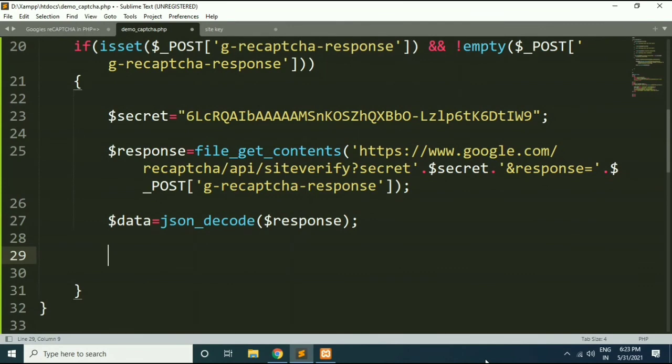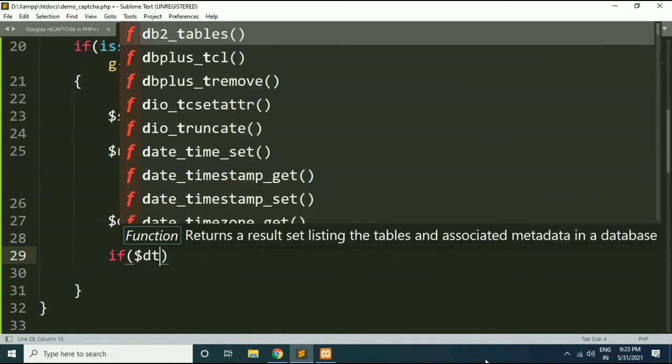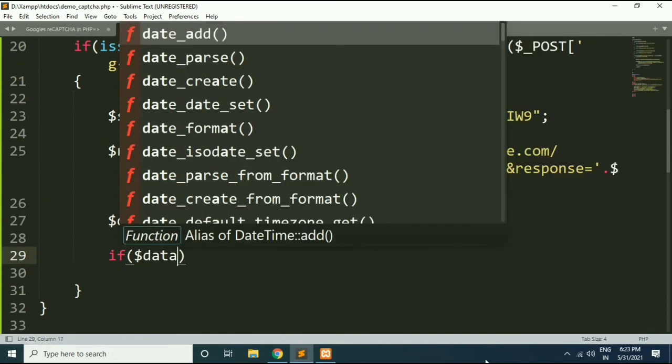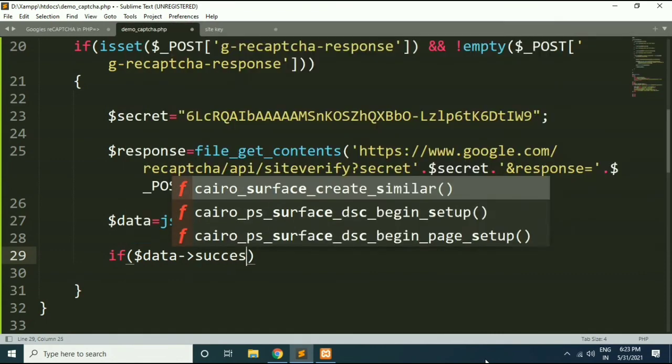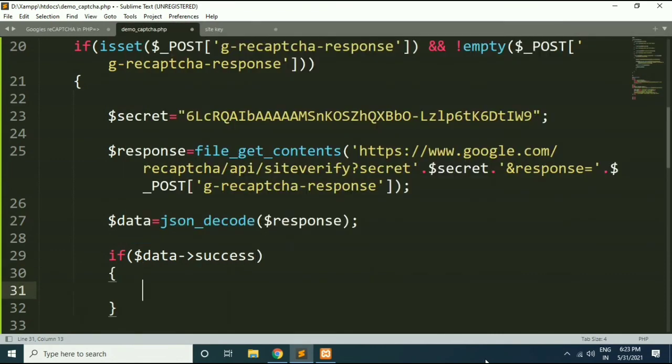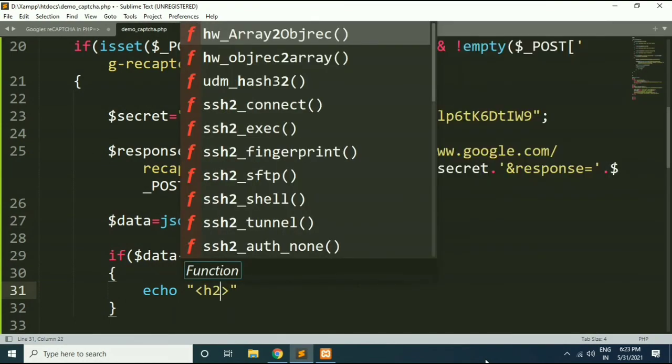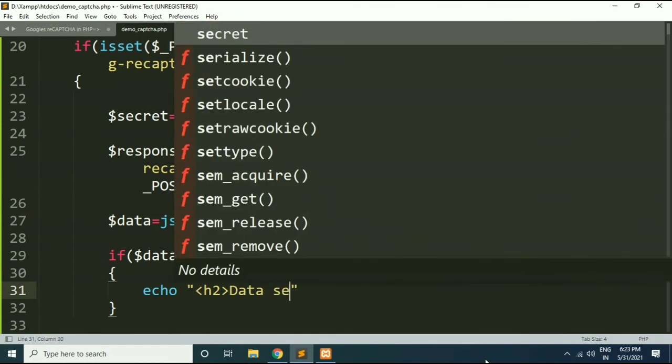Now friends, if our token is valid and the user's response is valid, then we will receive the success response from Google's API. So how can we check that? I will write if, data object operator success, then I will say echo h2 data sent.